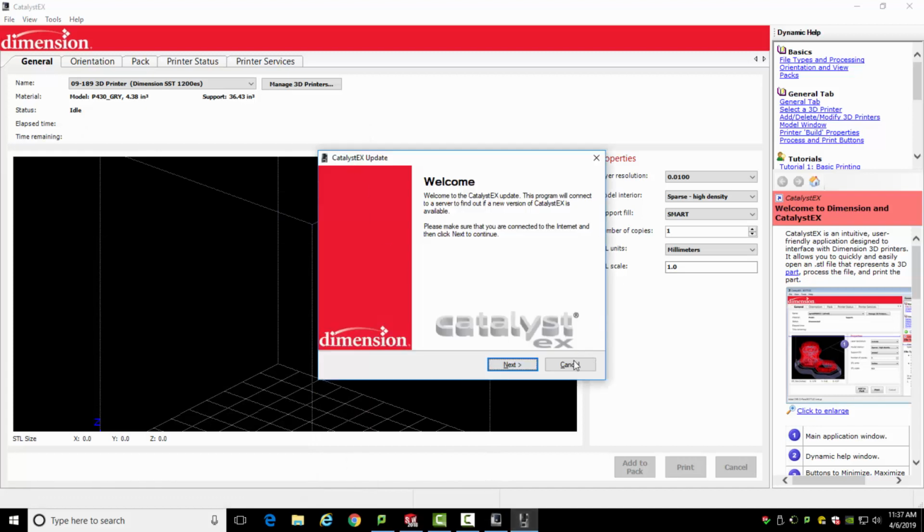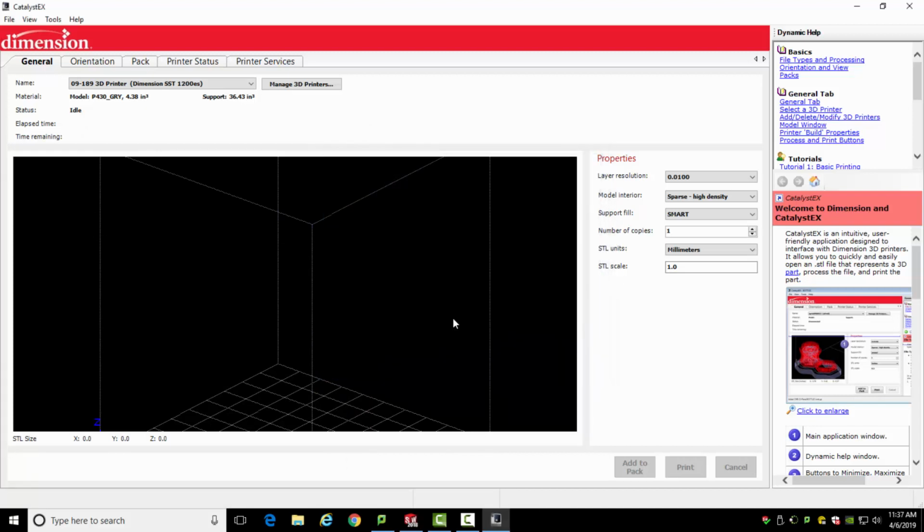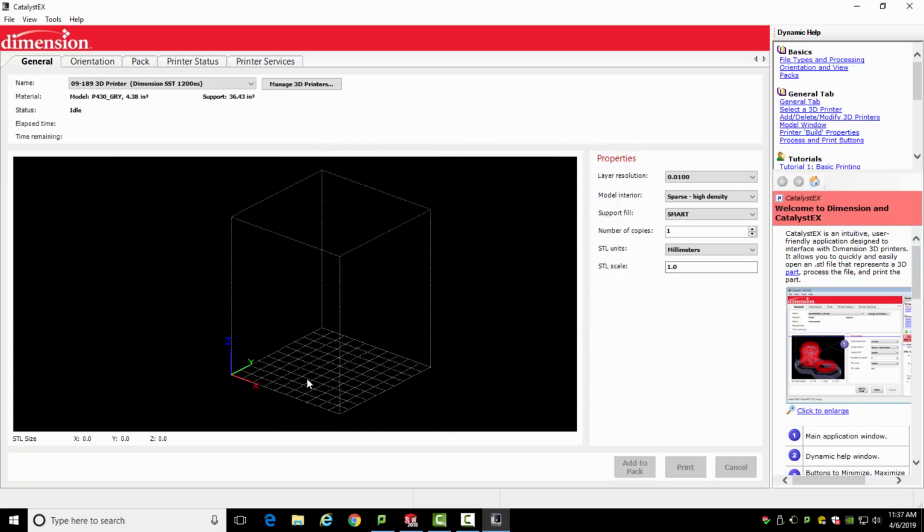This is the welcome. I'm just gonna hit cancel. And this is the 3D printer build platform, right? So you have X, Y, and Z. And that's when I want to start importing. So it's telling me my 3D printer, so it might be different depending on the department. Telling me how much model material I have in there, so 4.38 cubic inches, and how much support material, so